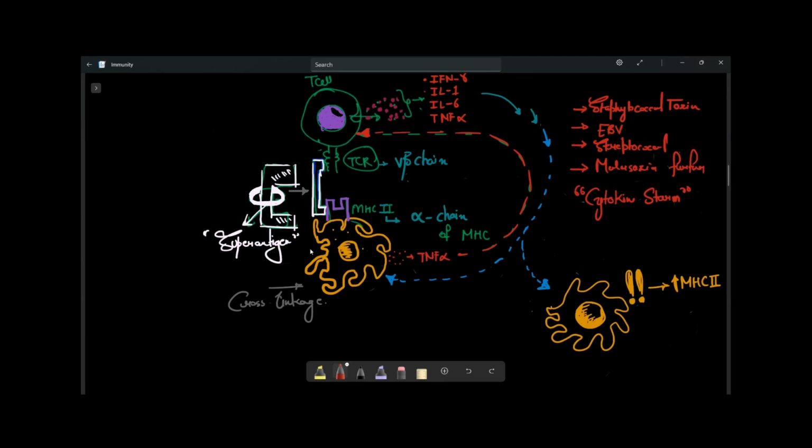The bacteria and viruses, along with the fungus, which are involved in the production of superantigen: staphylococcal toxin, basically known for the TSST1 syndrome, as it releases a toxic shock protein kind of. The second example is the Epstein-Barr virus. The third one is the streptococcal bacteria. Streptococcal also release enterotoxin, which acts as a superantigen, and one of the fungus known as Malassezia furfur, which is also responsible for the superantigen.